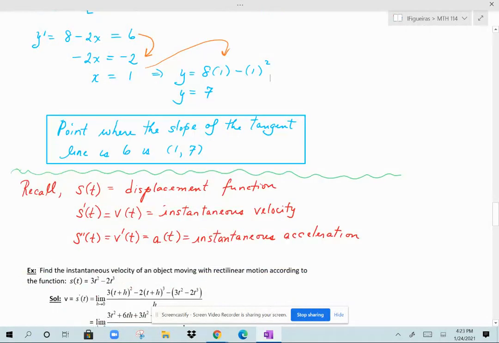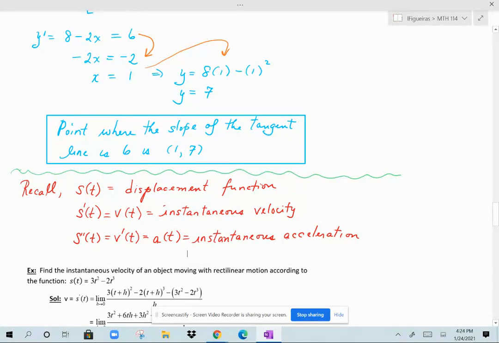As a reminder, if we call s of t your displacement function, then the derivative s prime is your instantaneous velocity, and we use the notation v of t. The second derivative would be the derivative of v prime, which is acceleration, so we use the notation a of t for that. That would be the instantaneous acceleration of the function. Okay, so let's do a problem regarding